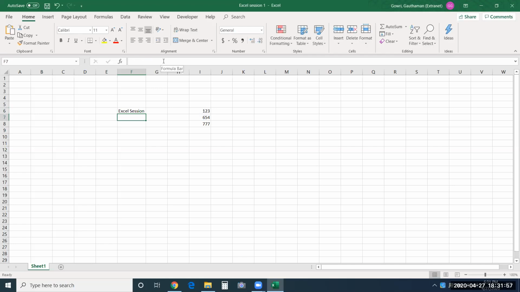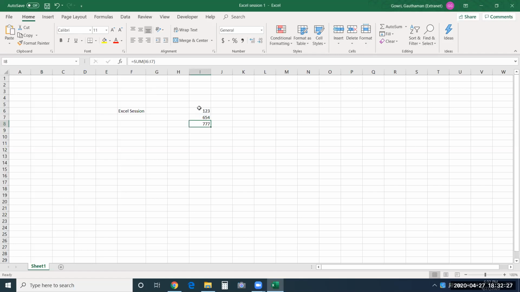But what is the importance of this formula bar? You click on a cell where you gave the formula, select it, and it lets you see which formula you gave there. Here in the cell, you are going to see the result, and in the formula bar, you are able to see the formula that you have provided. You can edit the formula from here, or you can also make sure whether it is correct or not. So the formula bar will display the content of the cell.